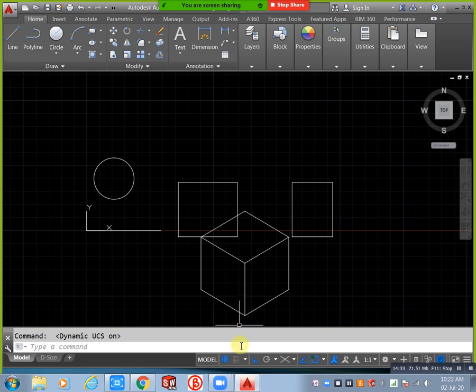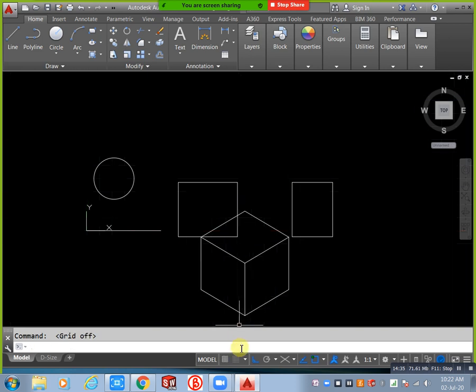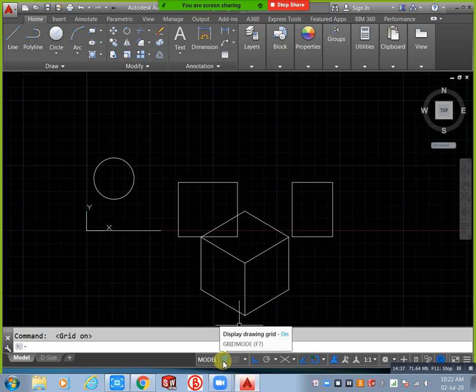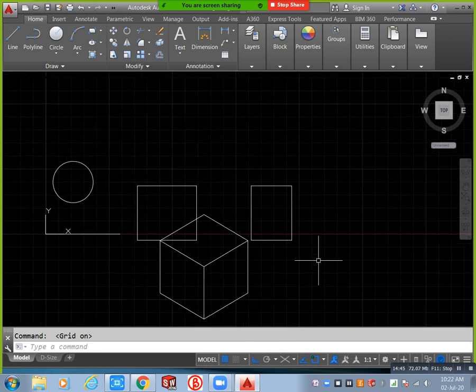Next F8. F8, this is very important. F8 is only for straight lines. When you need straight lines, that condition you can use. For example, I need to prepare one L shape, one T shape, one Z shape. That type of situation we only need horizontal and vertical lines. We don't need any inclined lines. That type of situation you can prefer this F8 ortho mode. When you need straight lines, you can use it directly, like 0 degrees, 90, 180, 270.